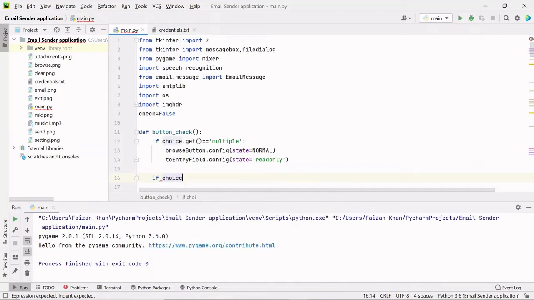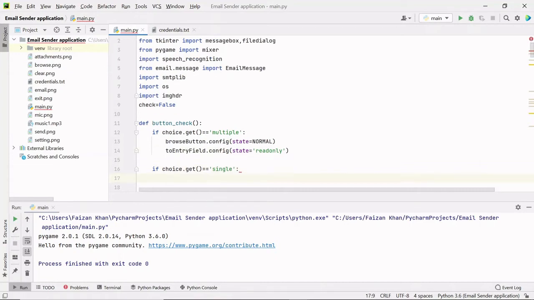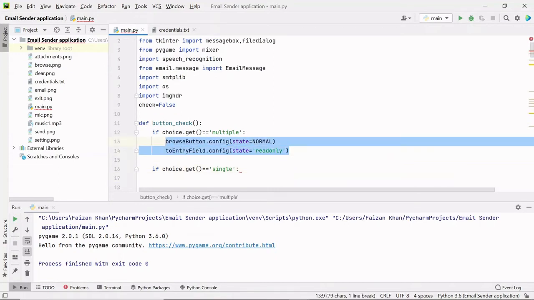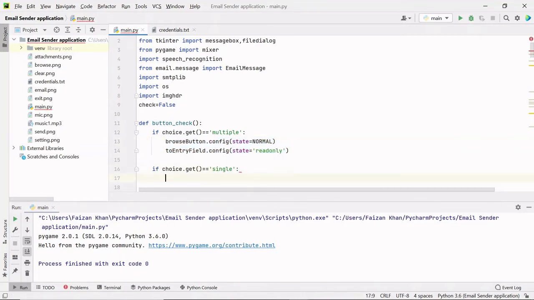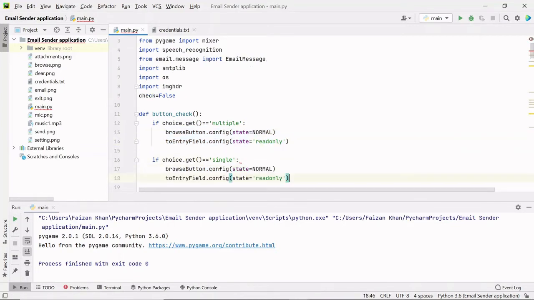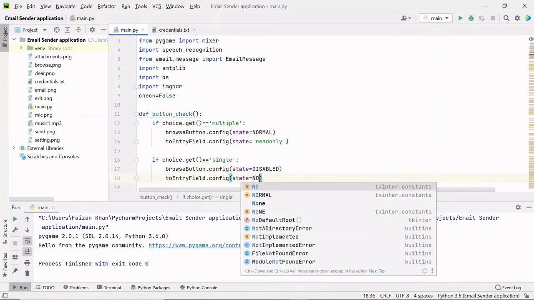I'll use this choice variable dot get method, and if the value inside this choice variable is single, in that case I will make the state of this browse button disabled and the to entry field state will become normal. So I'll paste the same code here, and only change this state to disabled, and here I'll make the state back to normal.